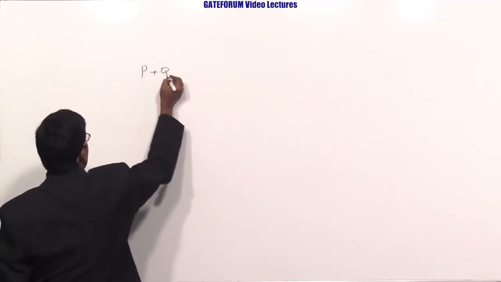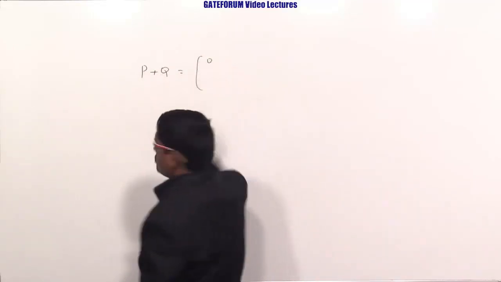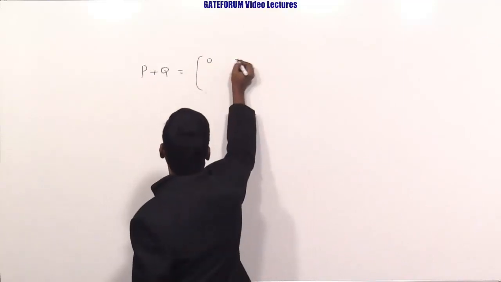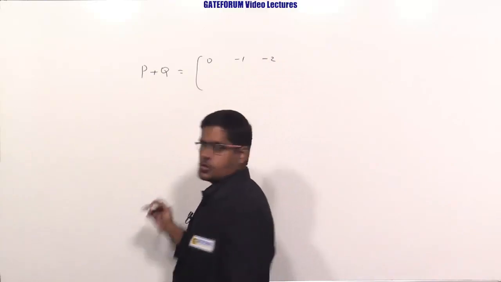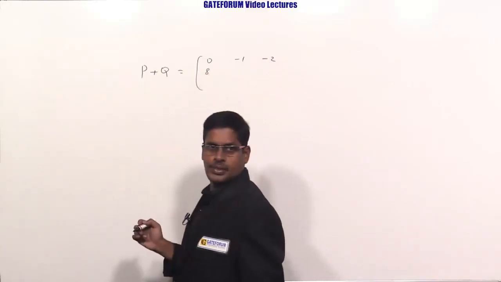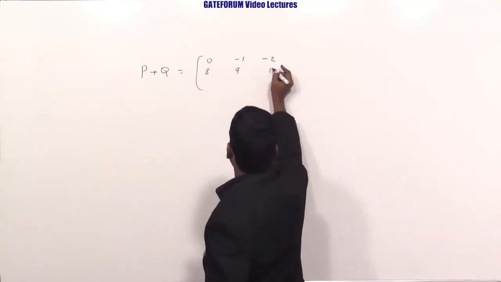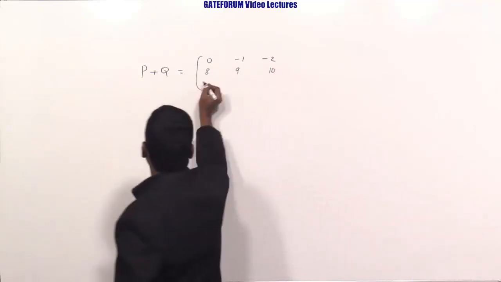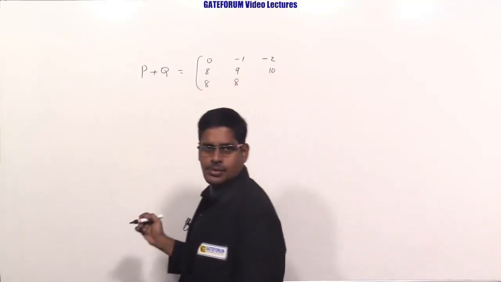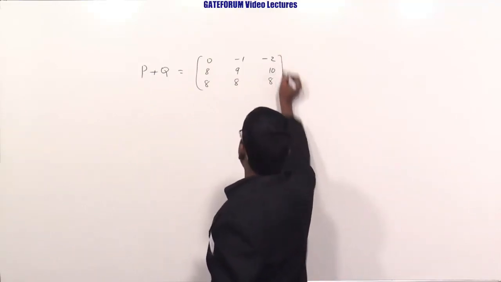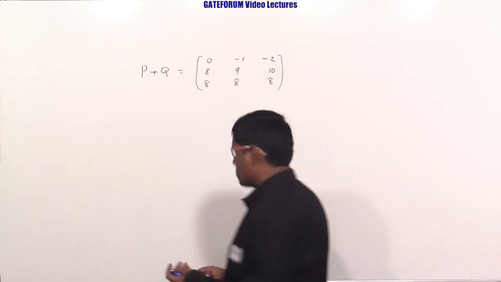Just add the P and Q matrices, adding corresponding elements. 1 minus 1, 0. 1 minus 2, minus 1. Minus 1 minus 1, minus 2. 2 plus 6, 8. Minus 3 plus 12, 9. 4 plus 6, 10. 3 plus 5, 8. Minus 2 plus 10, 8. 5 plus 3, 8. Just find the rank by either the minor determinant method or the row operations method, that is row echelon